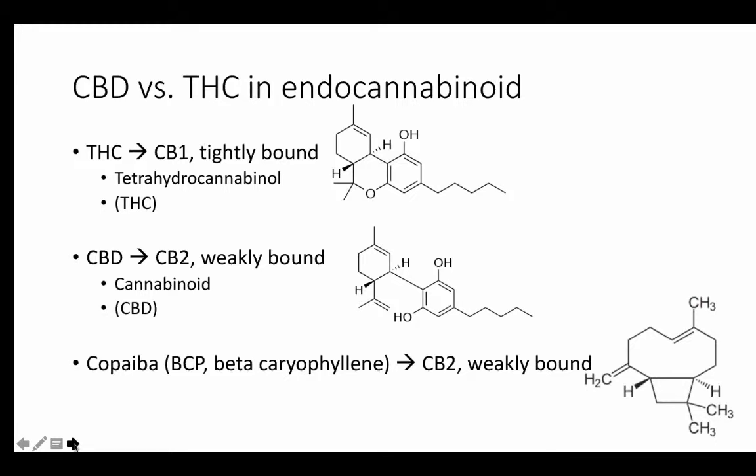So when you talk about the effects you actually get from smoking marijuana, those are longer lasting and stronger because of this tighter bind. This molecule is not going to let go, and the areas it's not letting go of very well are in the brain and the central nervous system. They are also in the gut, which is why you get the munchies, but usually the emphasis is on the effects in the brain. The other oil you may have heard of is CBD, or cannabidiol,